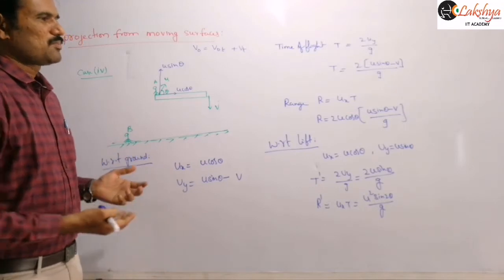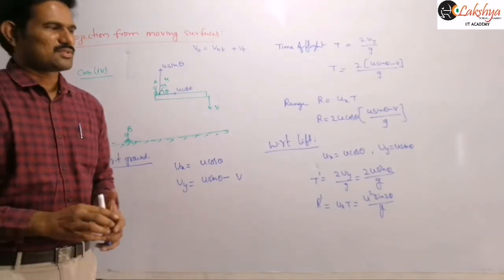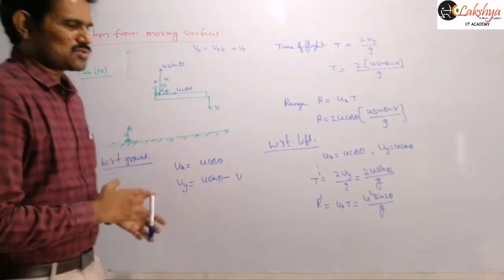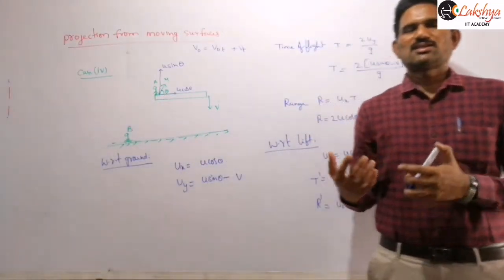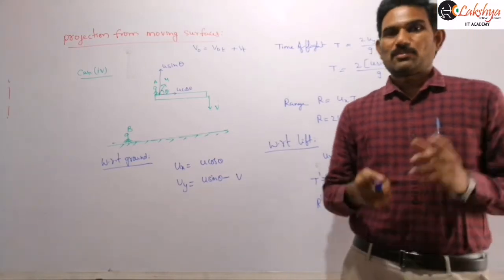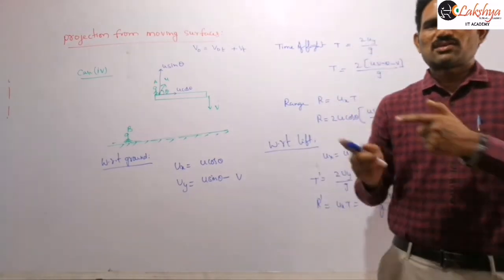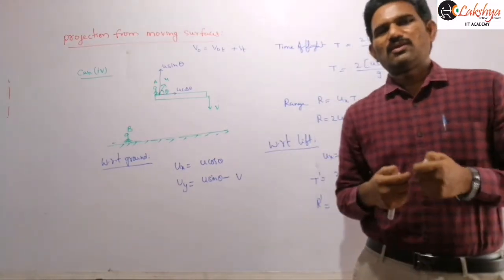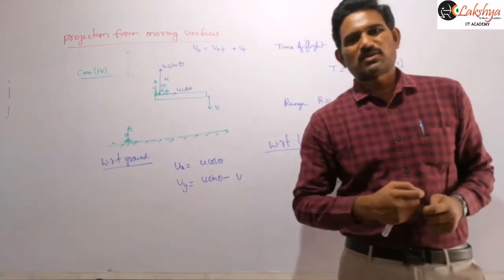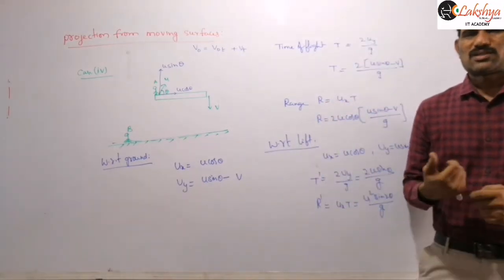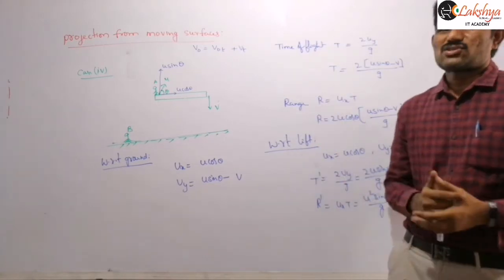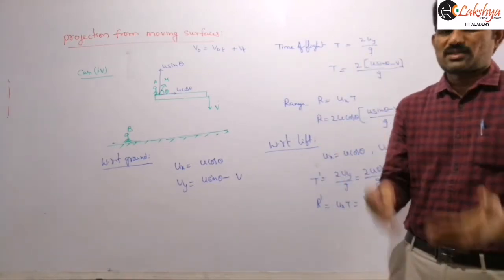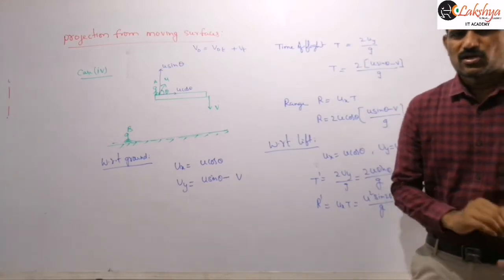So now there may be some problems based on this. Let us see some problems based on this. And here also, if acceleration is there for this lift, then it is better to solve with respect to the lift. In the previous case also, if acceleration is there for these objects, then the problem will be easy when you are solving with respect to that lift only. Whenever this acceleration is there, whether it is accelerating upwards or accelerating downwards.